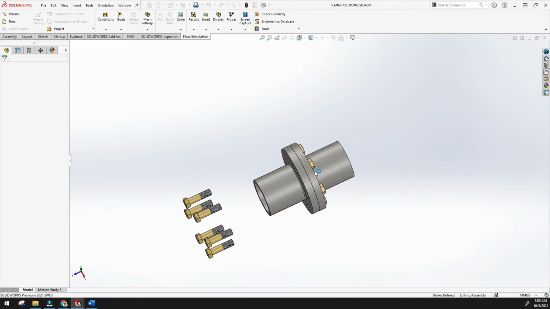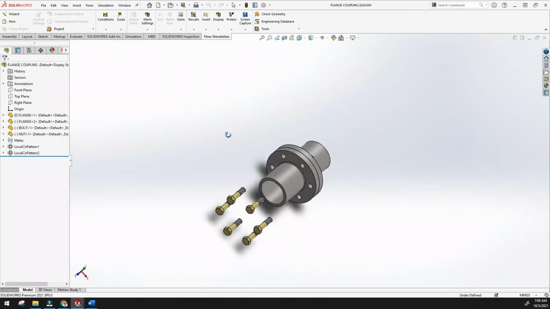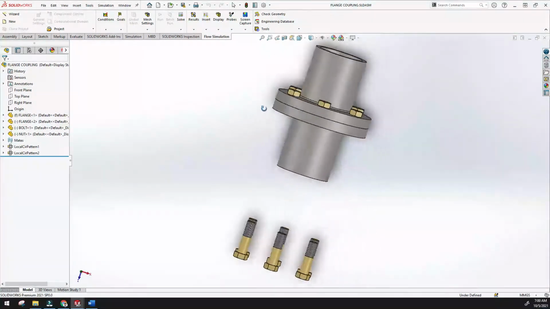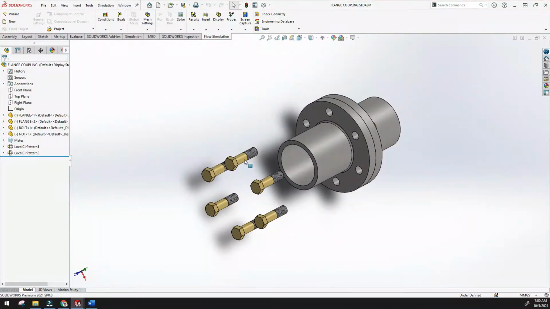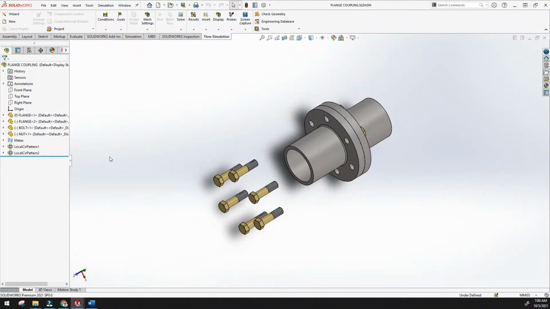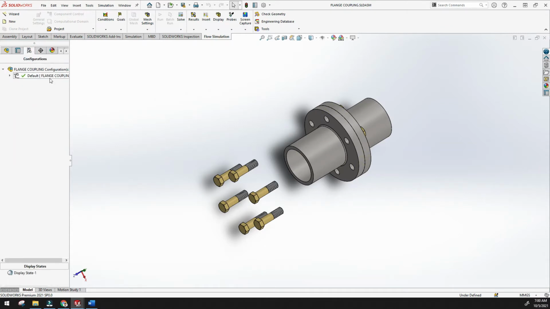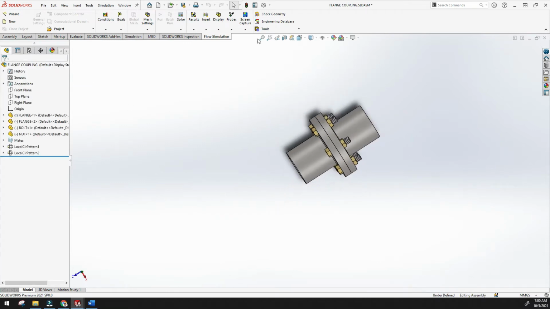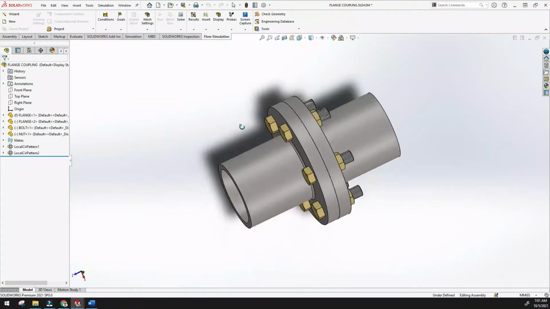So here it is. Yes, I have directly imported the assembly parts. You can see this is an exploded view because it is not fixed here. I think the problem is, here you can see the flange exploded view. Just click and collapse it. See, now I have collapsed it, so now it is fixed. This is the assembly of this exploded view.